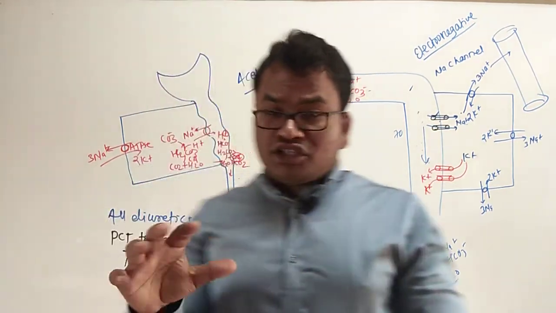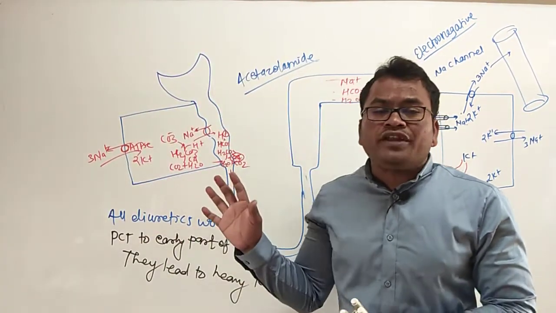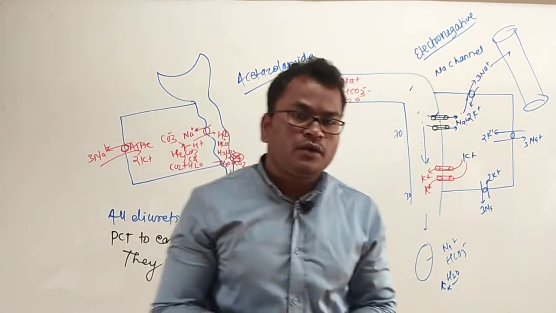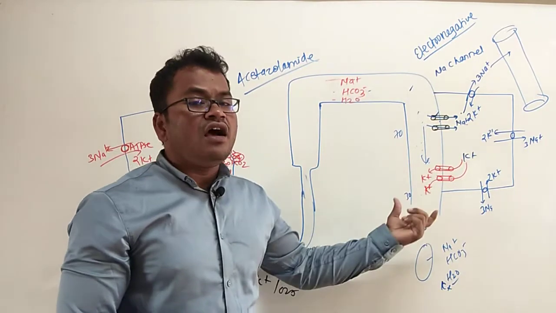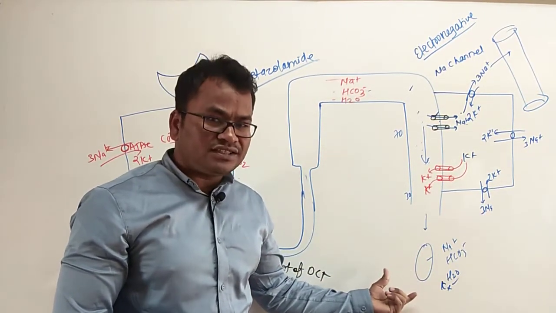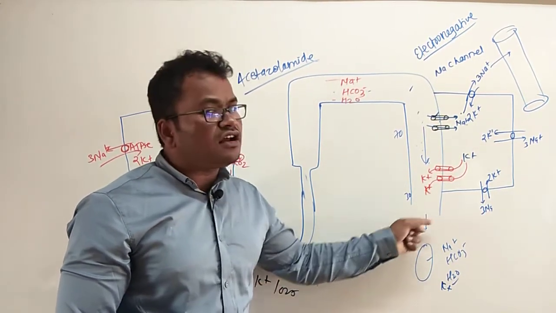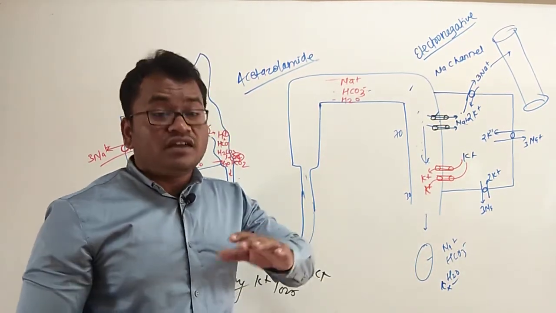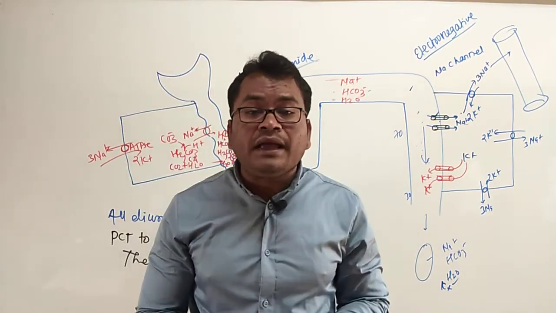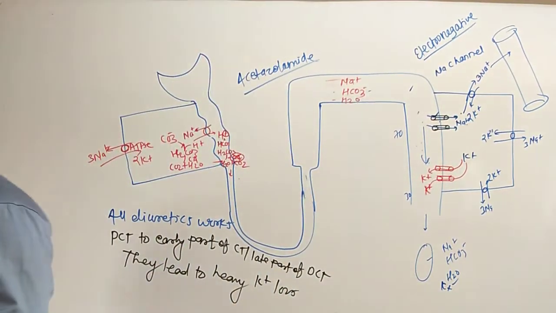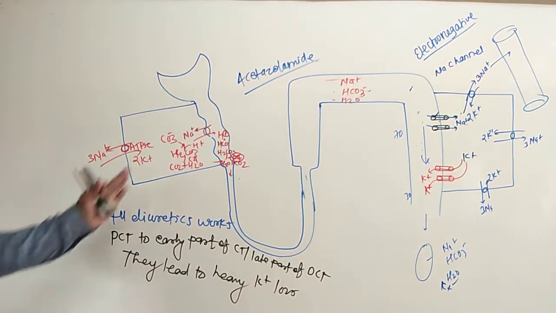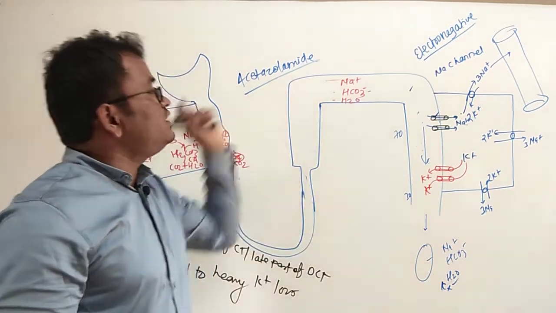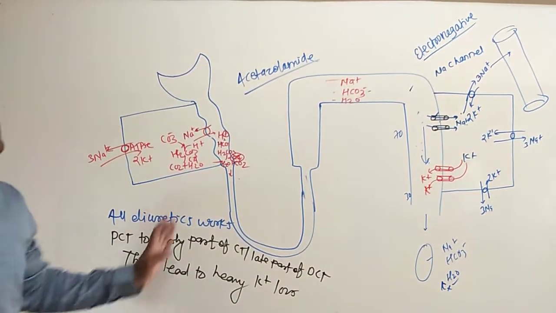So in combination with these diuretics, we give a potassium sparing agent, that is spironolactone or eplerenone, to avoid this condition, hypokalemia, meaning maximum potassium ions are lost through the urine. Hence in the body there is less potassium. So this condition is called hypokalemia. Reabsorption of sodium is more than the secretion of potassium. So this is about acetazolamide and its effects.